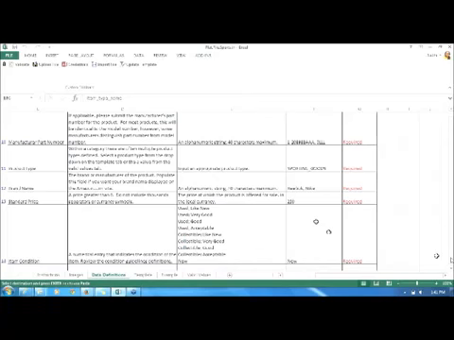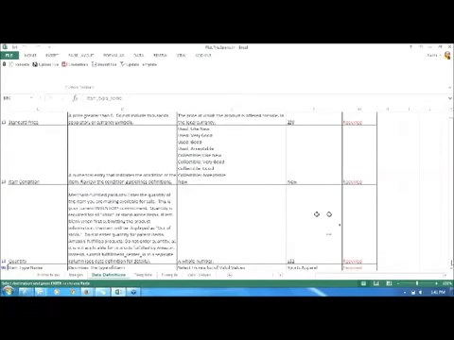Item condition for IN is always new. Quantity is the number of SKU units that the seller has to offer. Item type name could be swimming, sports apparel, whatever it is related to. It basically describes the type of the item. I would just quote an example so that we could get an understanding of how this sheet has to be made. We click on template.